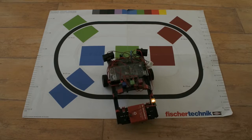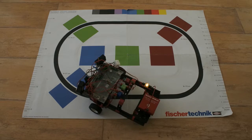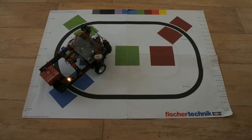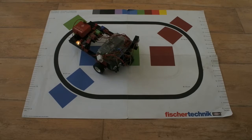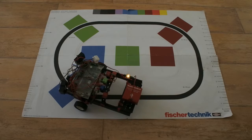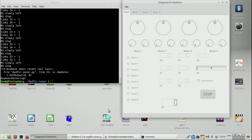So let's run it again. And it immediately goes its own way, corresponding to an object that is not there. So basically I should check the ones and zeros again. Although now it should again stop it and go somewhere. So it's time to check with diagnosis again, unfortunately. So I have put the robot on the line,